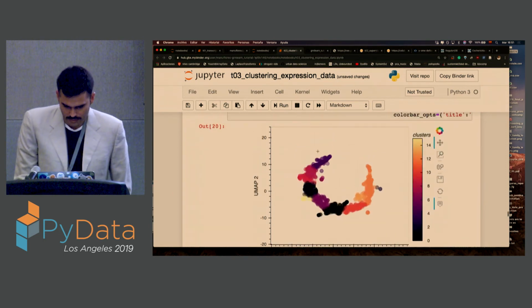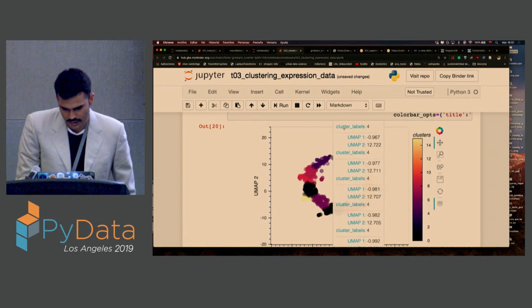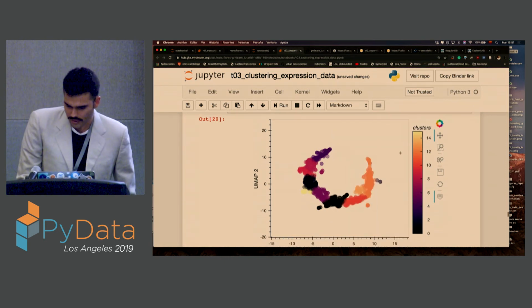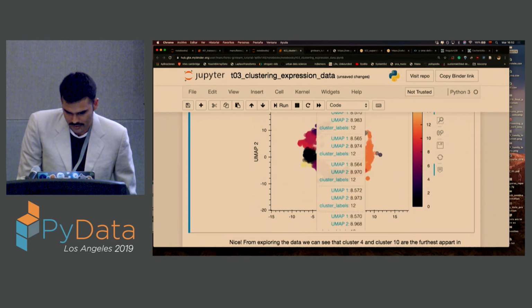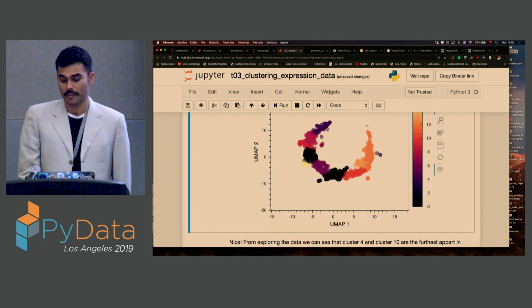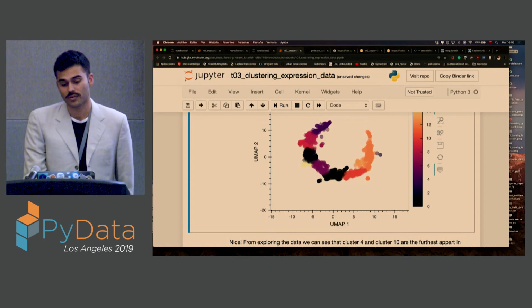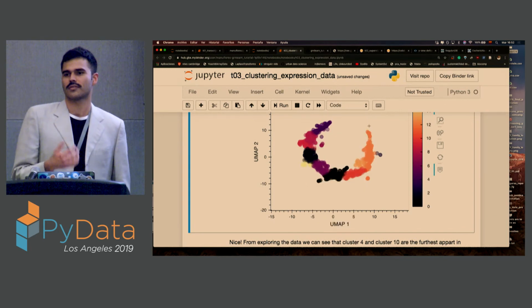Yeah, and so this is kind of neat. So we see that cluster 4 is over here. And I thought this was going to be reproducible, but it seems that it changes from batch to batch. But basically, the idea from here is to extract the clusters in the edges and see if